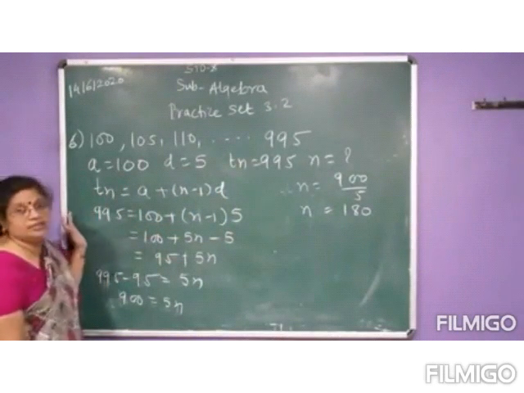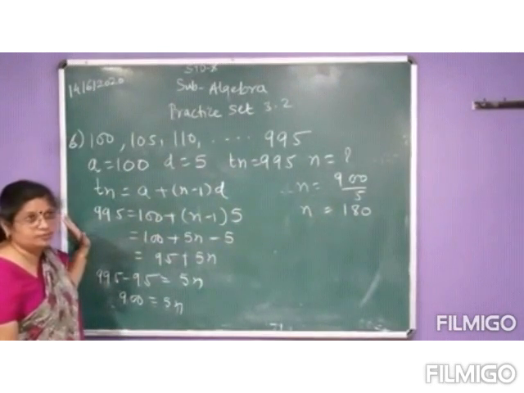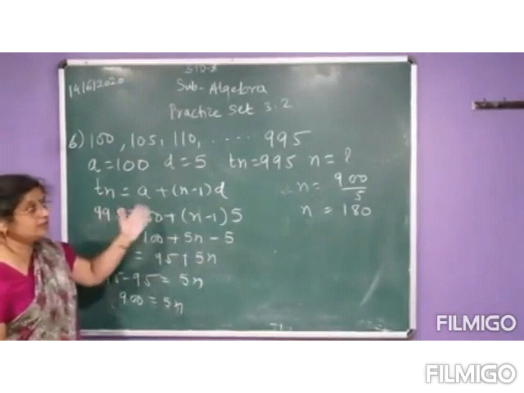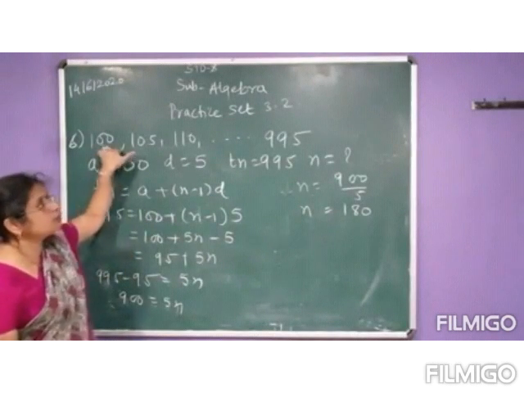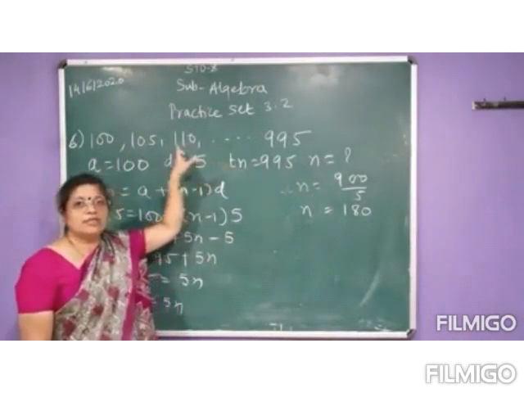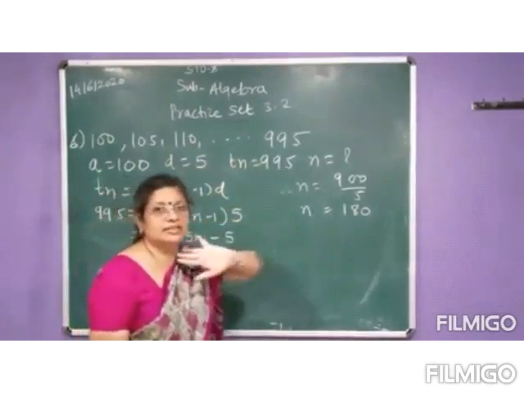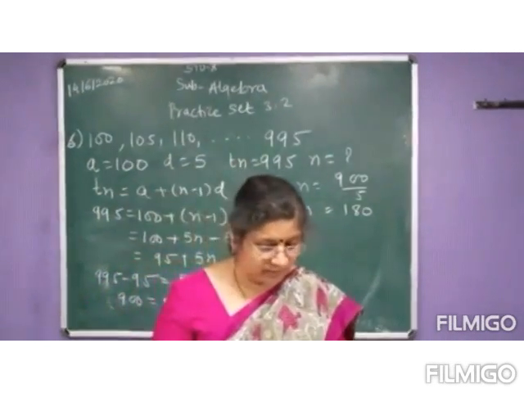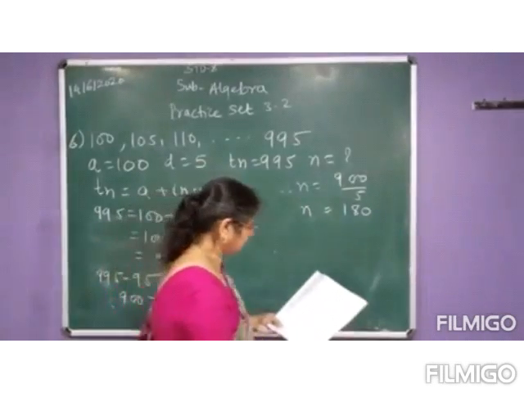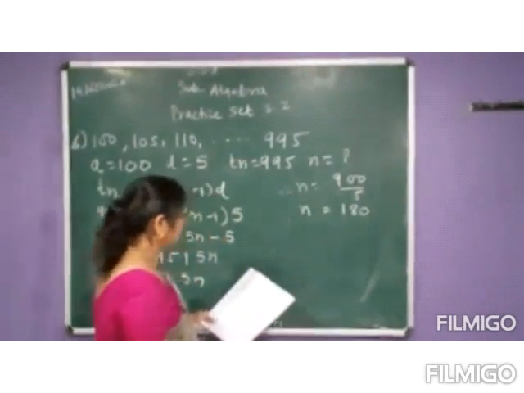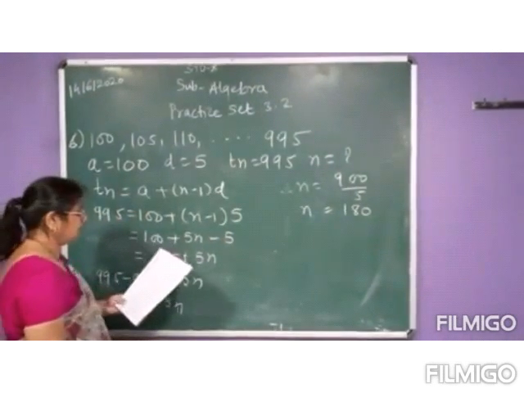So have you understood how to solve this type of sum? It is a little different, but see, an arithmetic progression is not given, yet we are able to write it if you read the question properly. Now we'll go for the 7th example.